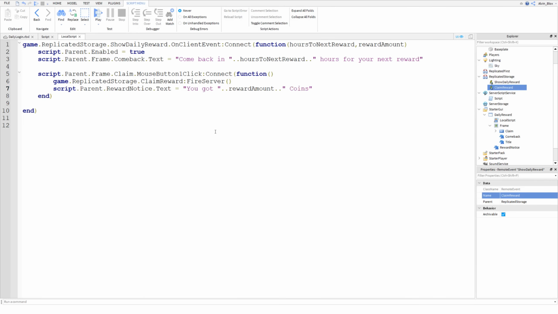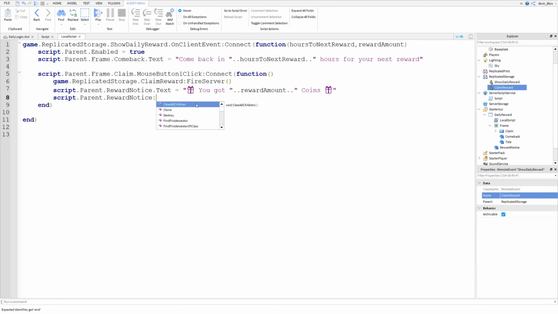Okay, if you want to make yours look a bit more fancy, then you can do so by adding emojis. That's what I'm going to do. So I'm going to add emojis to each side of the string, because Roblox now supports emojis in its UI, so you can utilize them. And then we're just going to tween that reward notice. It just basically means animate the GUI element, so that it basically just grows on our screen and it flashes up. So to do this, we can say